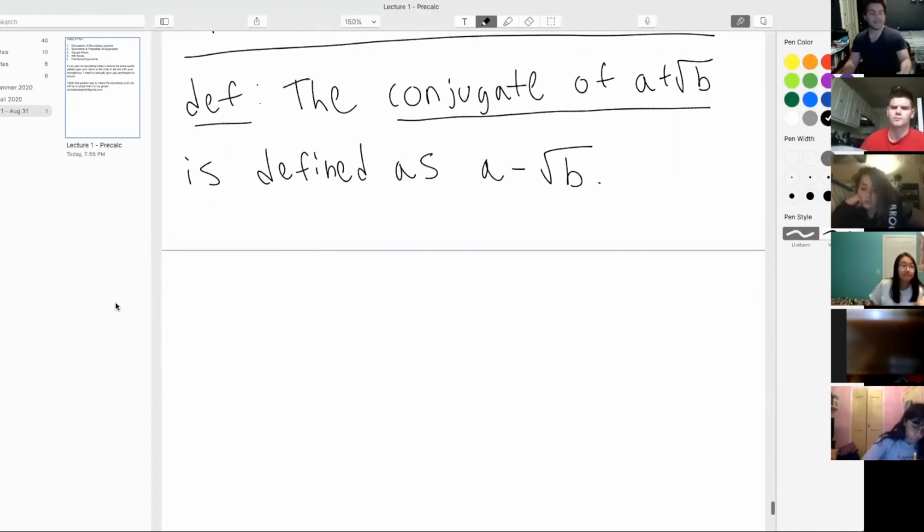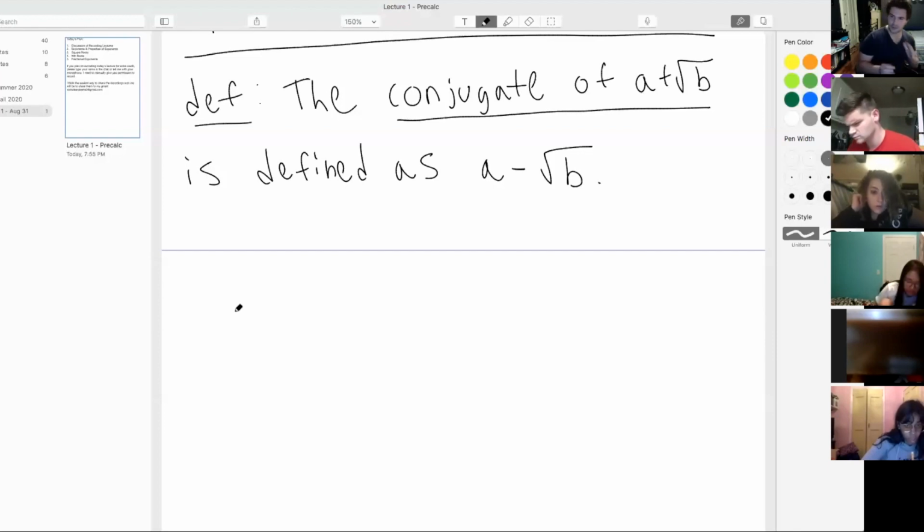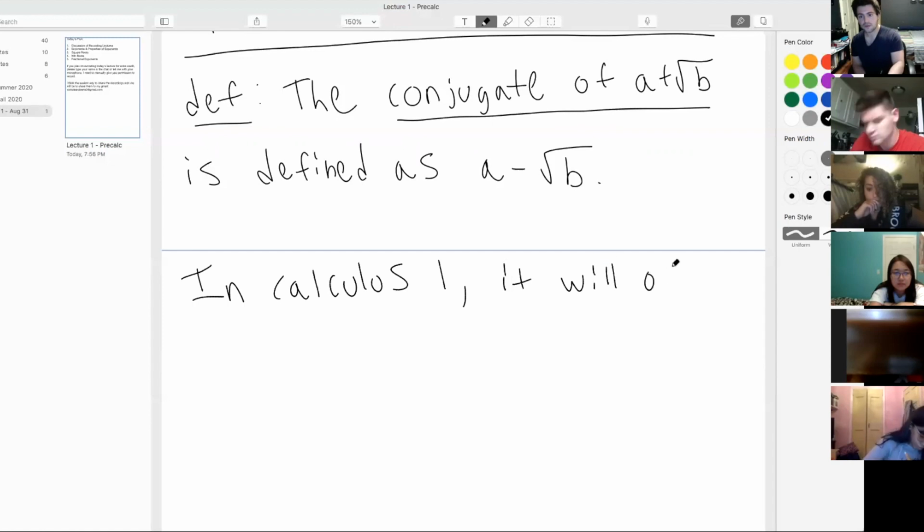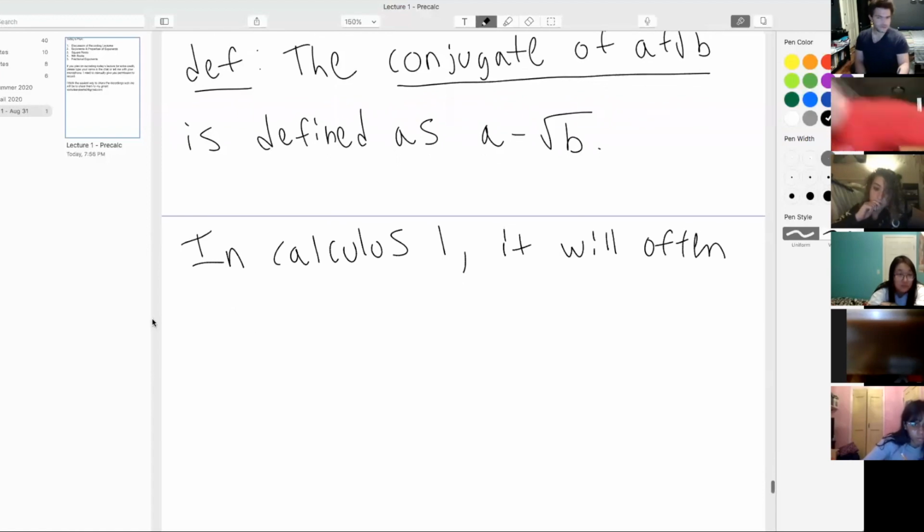All right, so why do we care about this thing? This is going to be very useful in Calculus 1 when you're computing limits. Just to show you, there is a reason why we're doing this. If you are taking Calc 1, this will be useful. Because I imagine some of you will be taking Calc 1 next semester, it will often be useful to